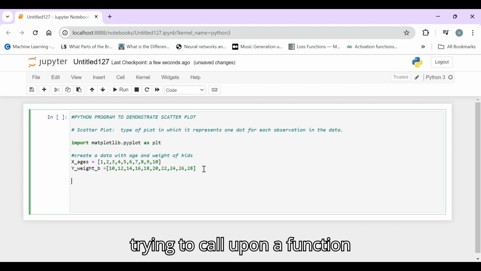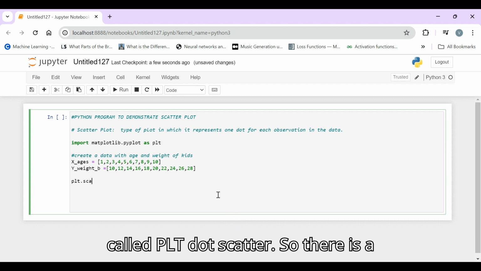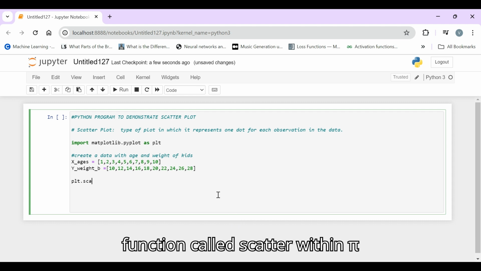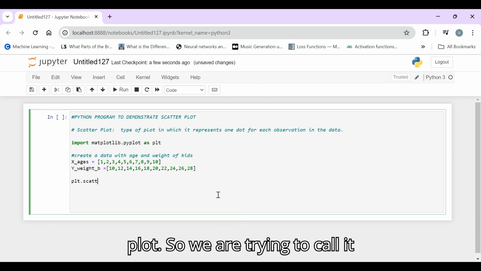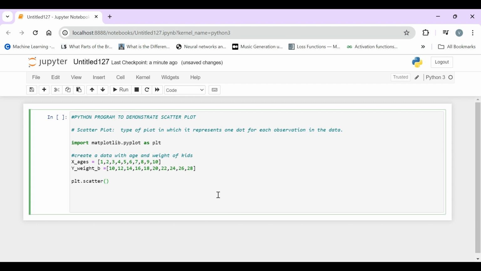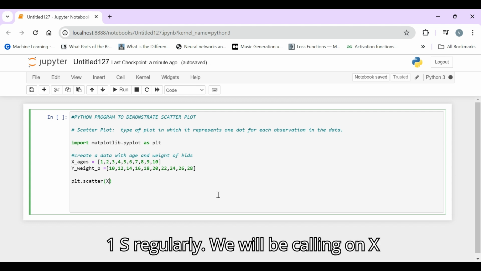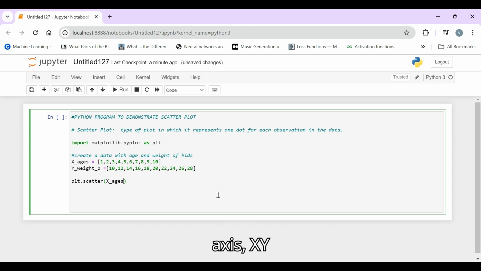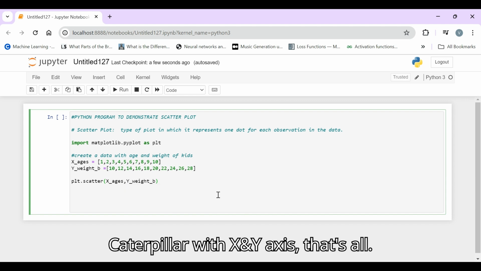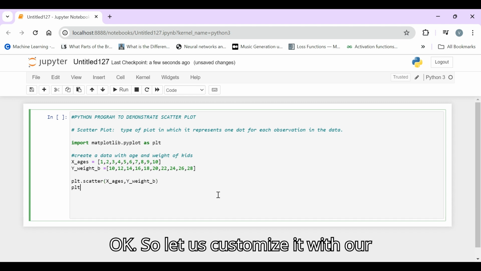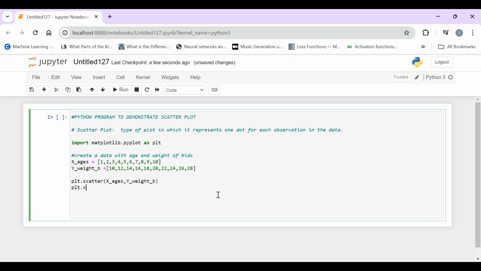For that we call a function called plt.scatter. There is a function called scatter within pyplot, so we call it. Regularly we pass the x-axis, x_ages, and the y-axis, y_weight_b. So this is our scatter plot with x and y-axis. That's all. Let us customize it with our x label.